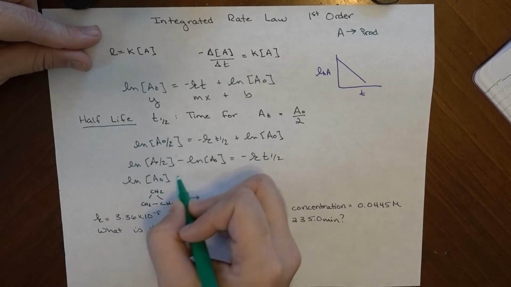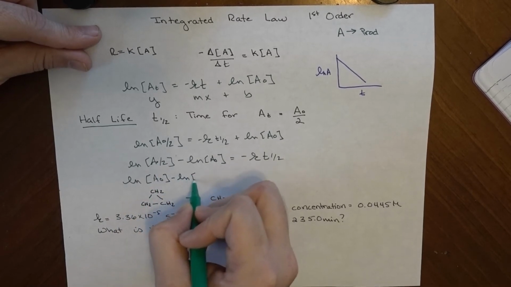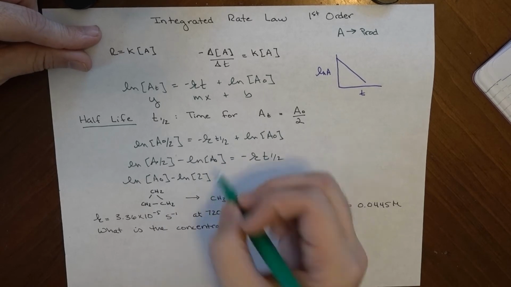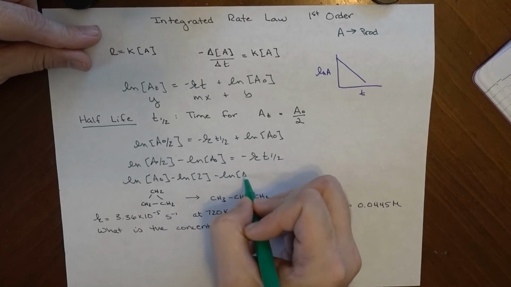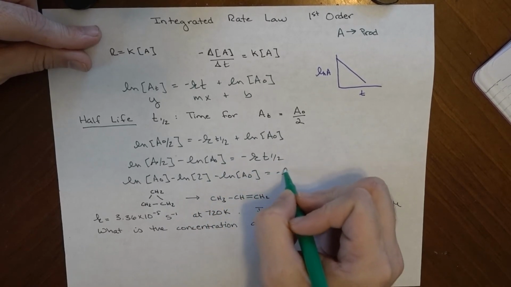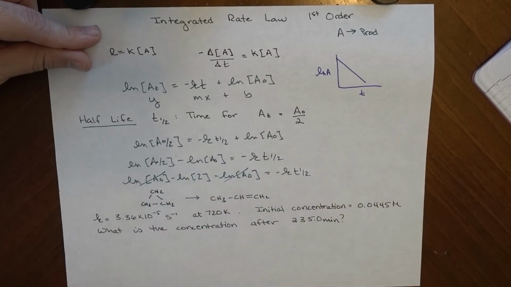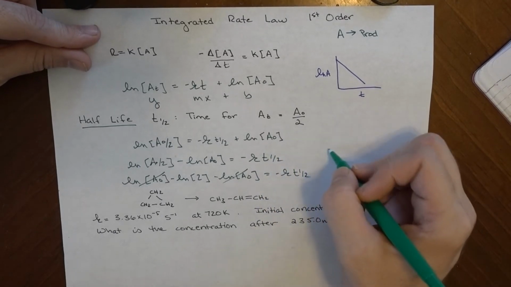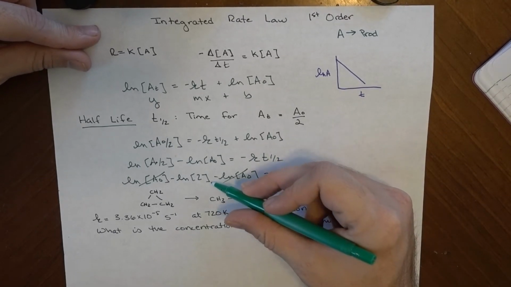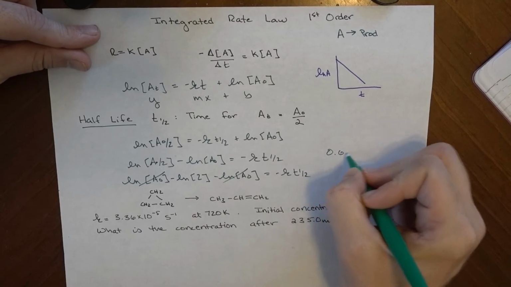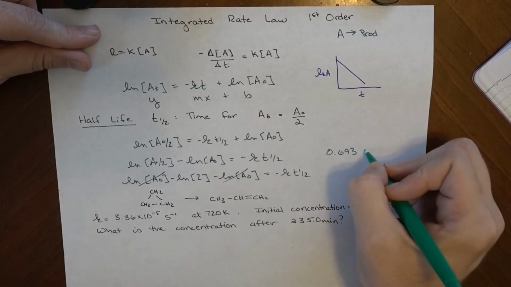So natural log of A naught over 2 is natural log of A naught minus natural log of 2, minus natural log of A naught again, because that's what's already there, equals negative k t one half. These cancel out, and what I'm going to end up being left with is this expression, natural log of 2, and if you evaluate that, because that's just a number, 0.693 is what you get,